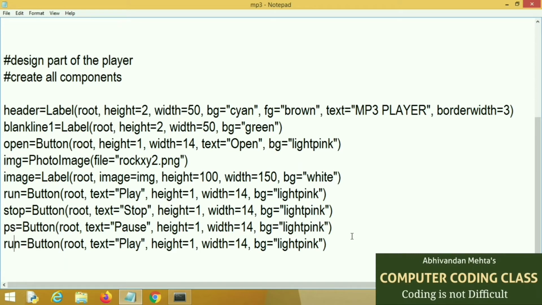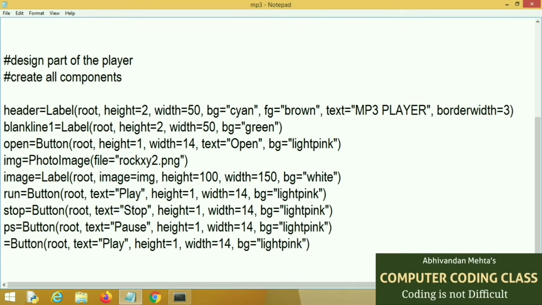Now we will create the exit command to close our application.